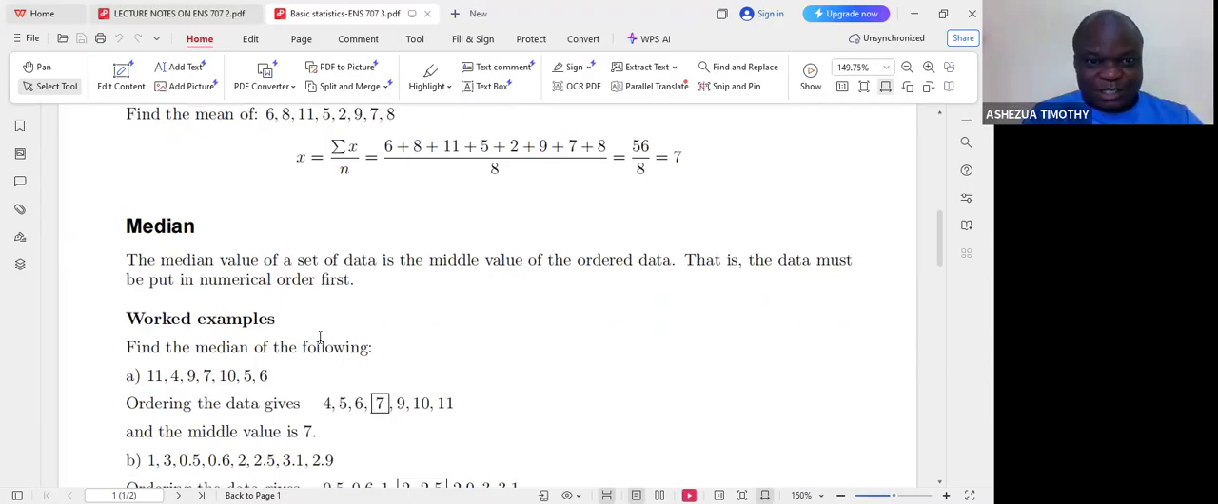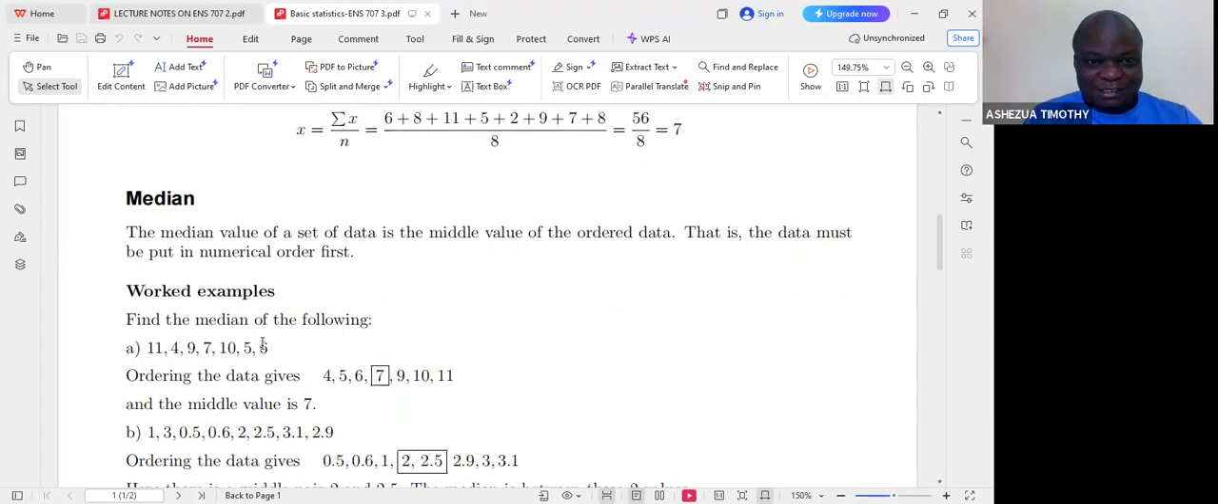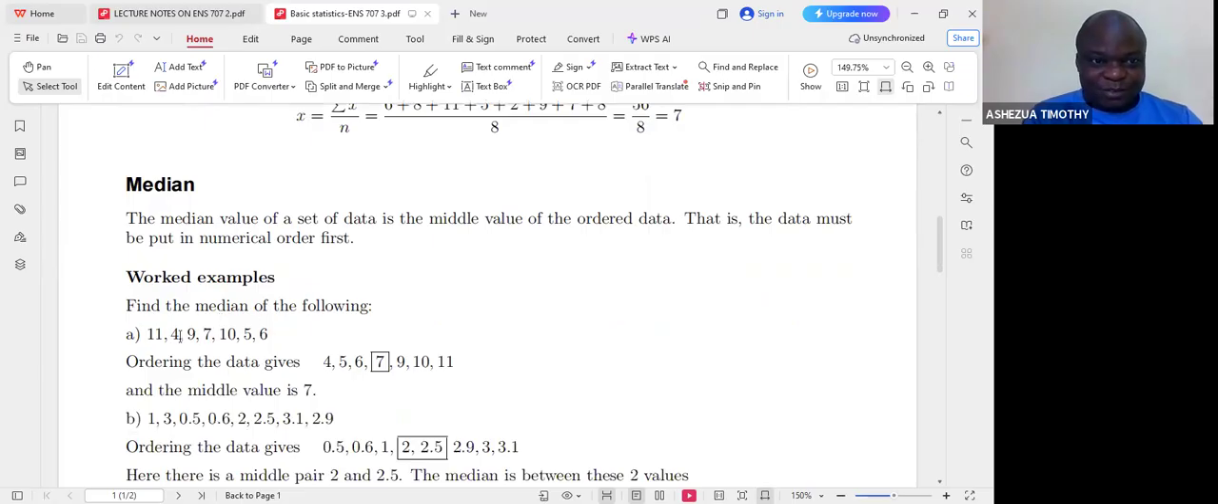So, worked example, we are to find the median of the following. You have 11, 4, 9, 7, 10, 5, 6. Ordering the data gives, when I say ordering data, we mean arranging the data from either highest to lowest or lowest to highest. In this case, we are arranging from lowest